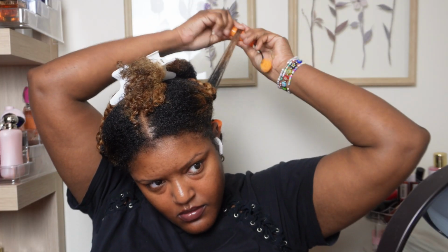And I'm doing this on hair that is freshly washed. I didn't blow dry it or anything. It's just washed hair that I put in 4 sections and kind of let air dry a little bit. Just taking out the sections, and really you can do whatever you want as far as the pattern